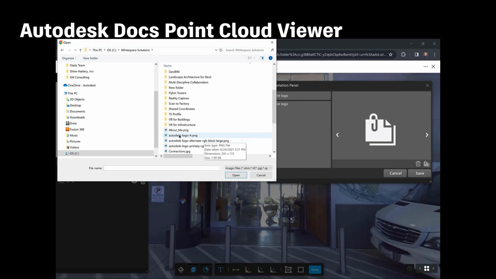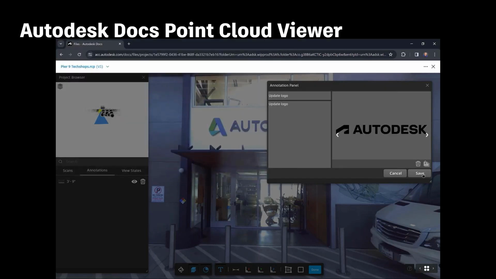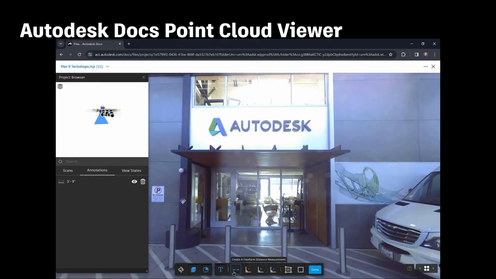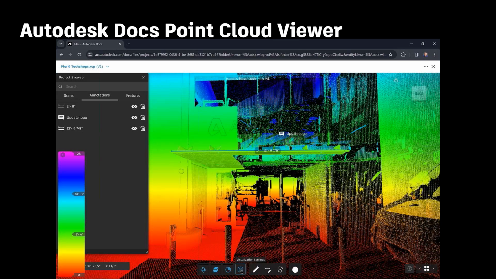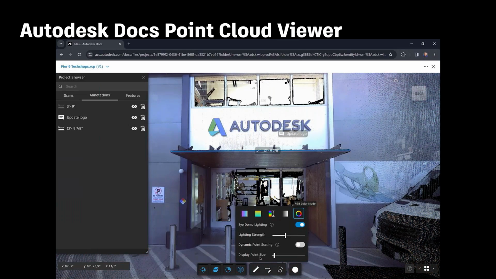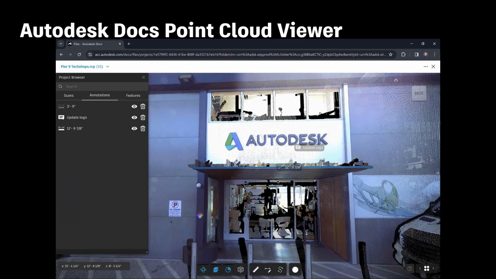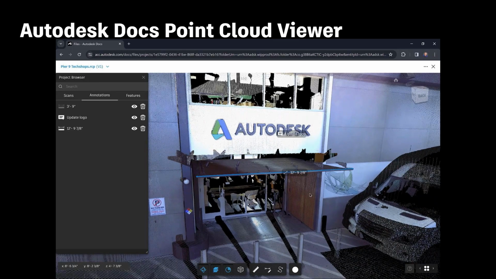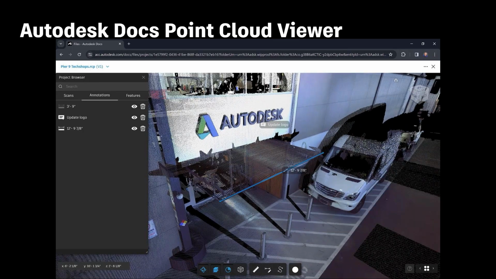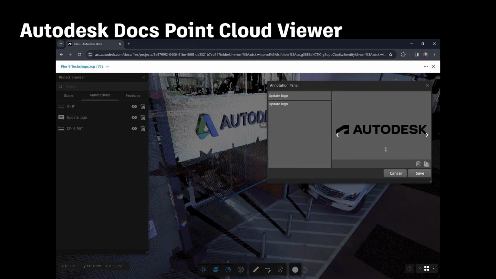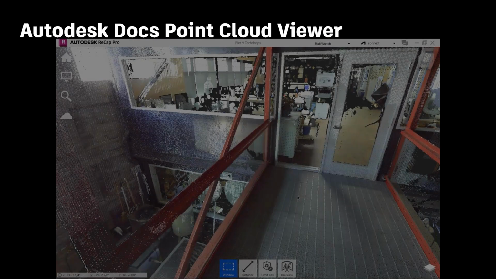And what we'll see in just a moment is that logo, those dimensions, any other notes that are added to this point cloud inside of the construction cloud viewer, that annotation, those notes, that graphic are also available on the desktop side. So I can communicate with others who have the desktop application and help convey some of that intent. In this case, update that logo from the old logo to the new one,